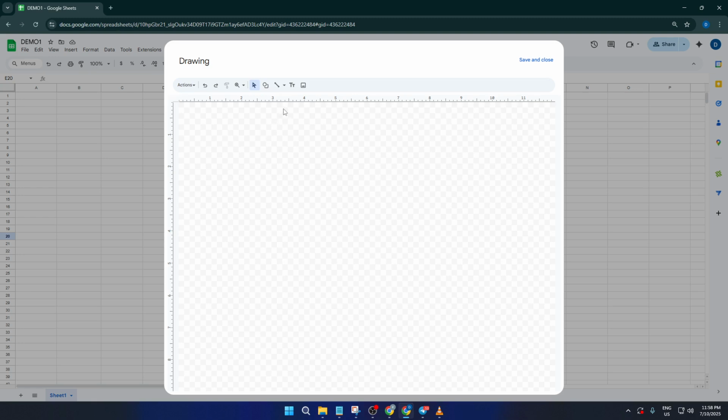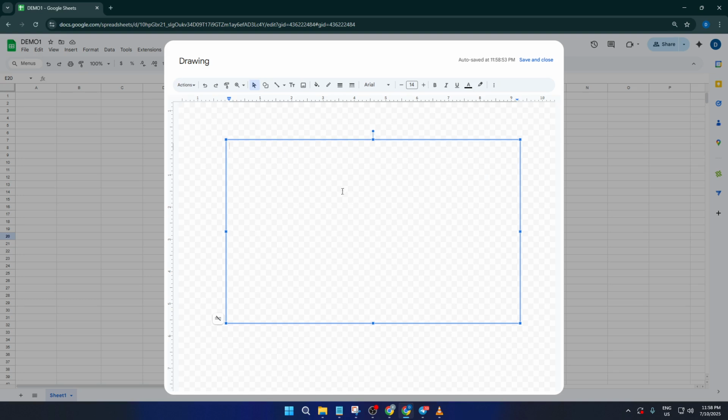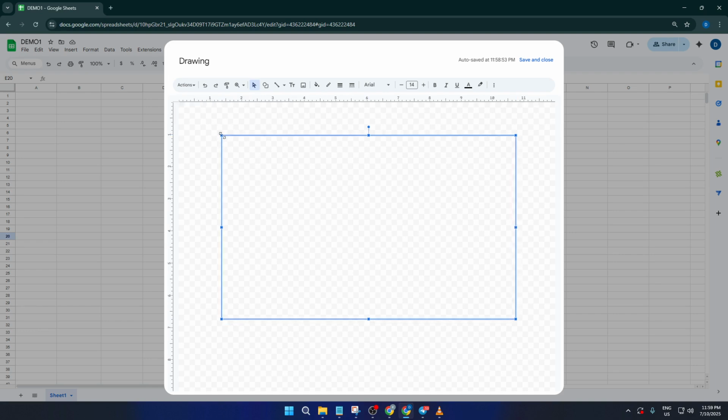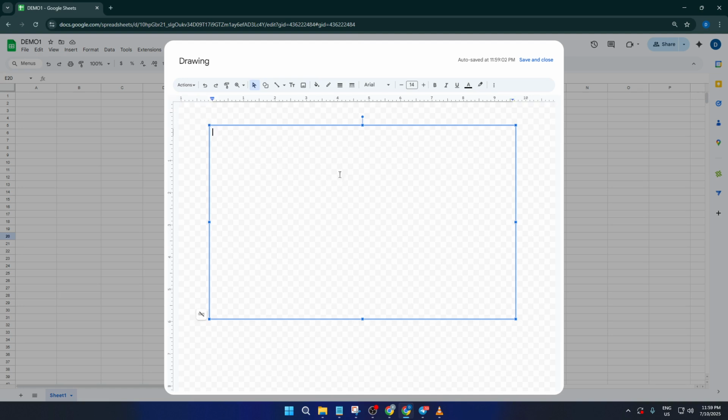Once you click Drawing, a pop-up window will appear. At the top of this window, keep an eye out for the text box icon. This looks like a little box with a T in it. Click this icon, and don't worry if nothing happens right away. After clicking, move your cursor down to the drawing canvas, the big blank area in the middle of the pop-up. Now click and drag your mouse across the drawing board to create your text box. You can make it as large or small as you want, depending on how much text you plan on adding. Think of it like laying down a canvas for your words, giving you more control than directly typing into a